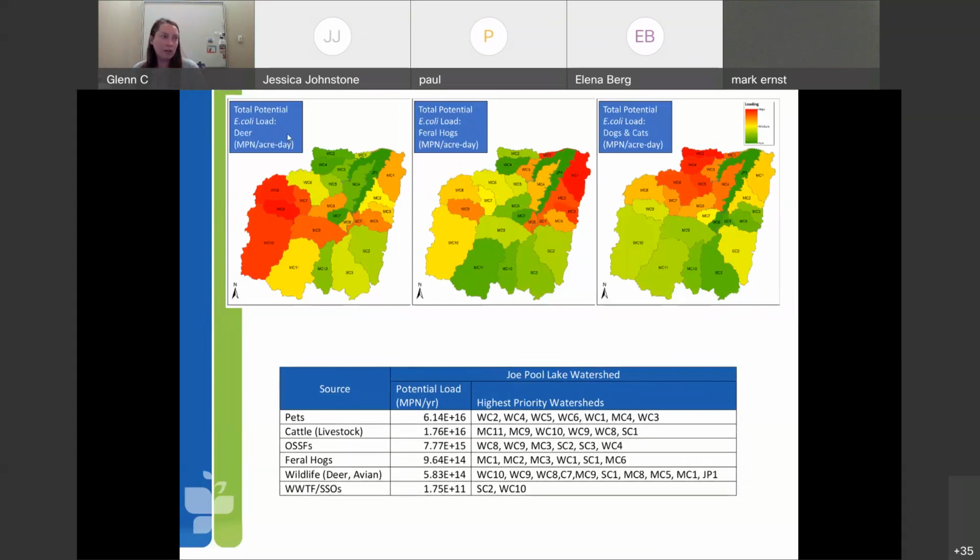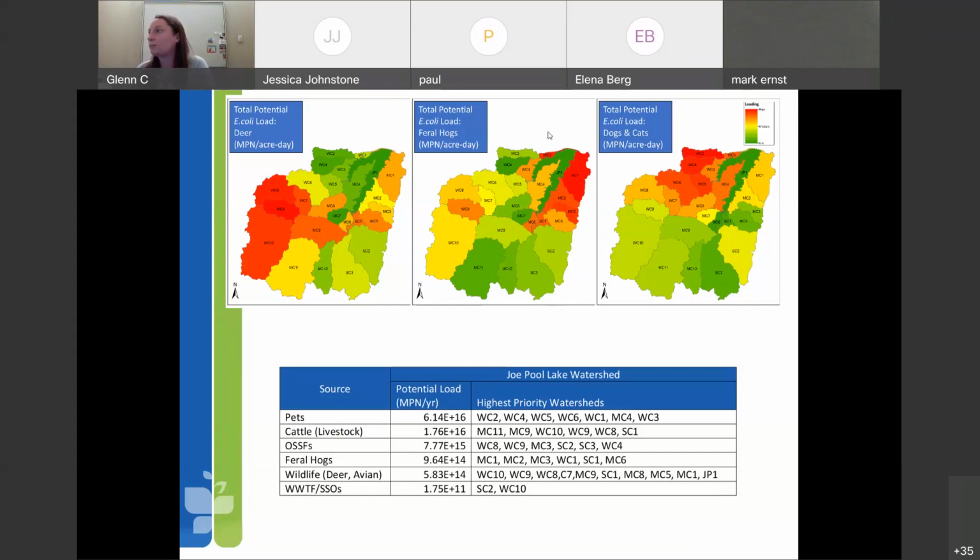So for wildlife, our highest priority watersheds are also going to be in red. And, you know, I will get to how we ranked what we're going to focus on, but priority here is just based on what the total potential load could be. So deer were going to be found in the Walnut Creek watershed mainly, as well as in the forest and